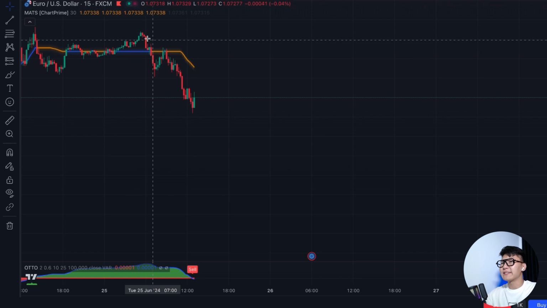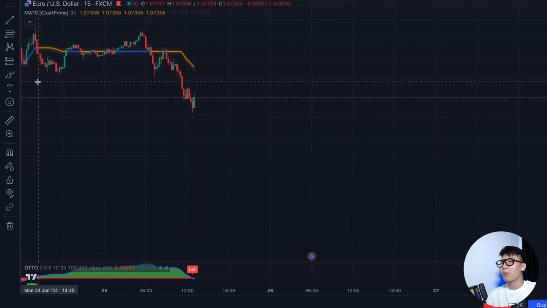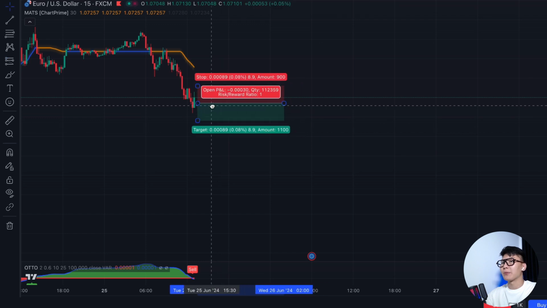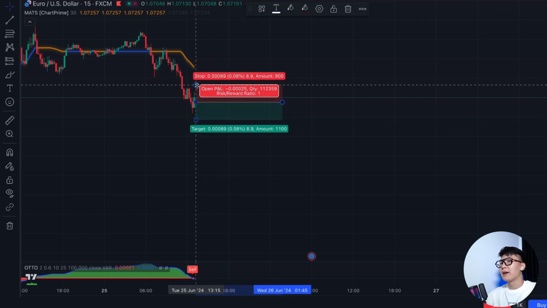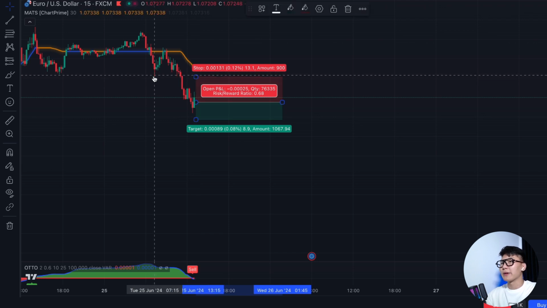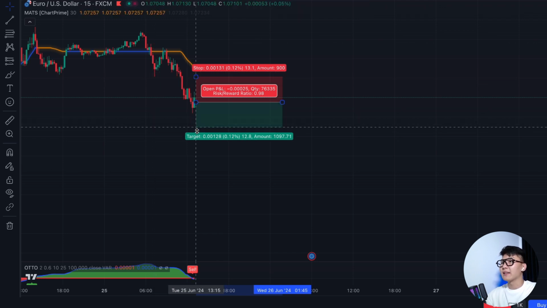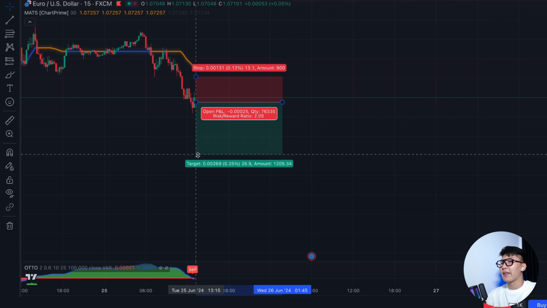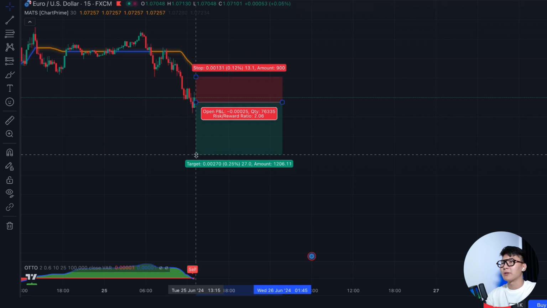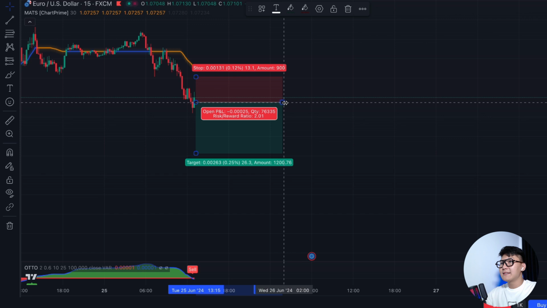Finally, I got a signal for a short position. I'll open the position only when the signal appears. As you can see, the moving average changed color a bit early, but in such cases, it's better not to open the trade. I waited for the signal and let's open a short position and set the stop loss at the previous price minimum. I'll probably go with 1 to 2 risk reward ratio, and let's see if this trade